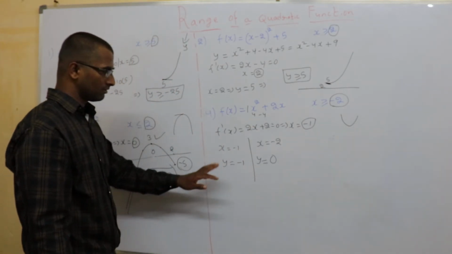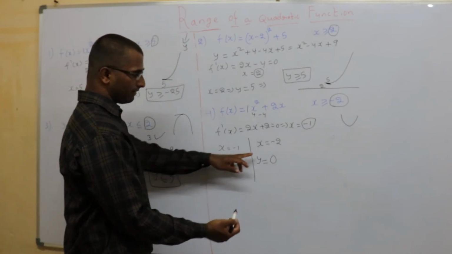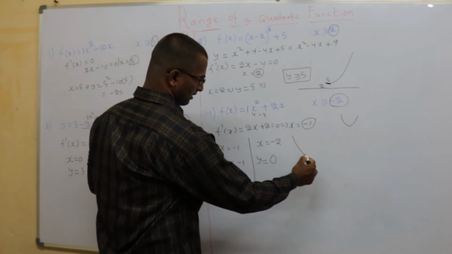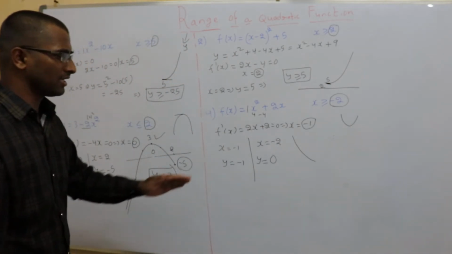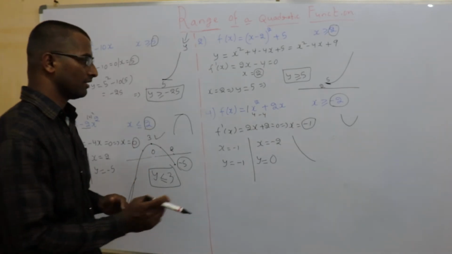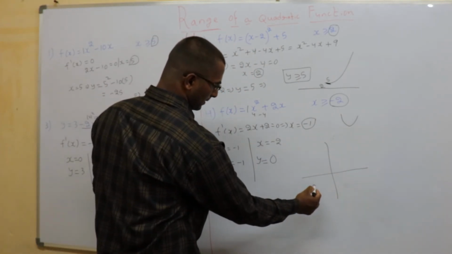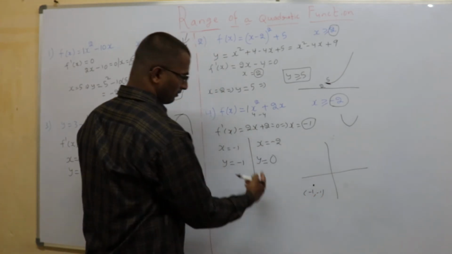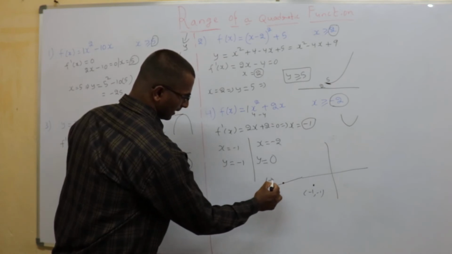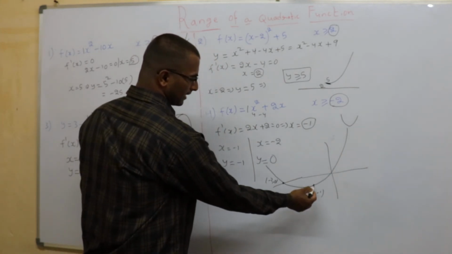How is the graph now? It's taking a turn at minus 1, that's for sure. And when x is minus 2, it is 0. Let us say it's here. Let us draw these 2 points then. Minus 1 will be somewhere around here. Where will minus 2 and 0 be? That will be here, minus 2 comma 0. So my graph is like this. It's taking a turn here.